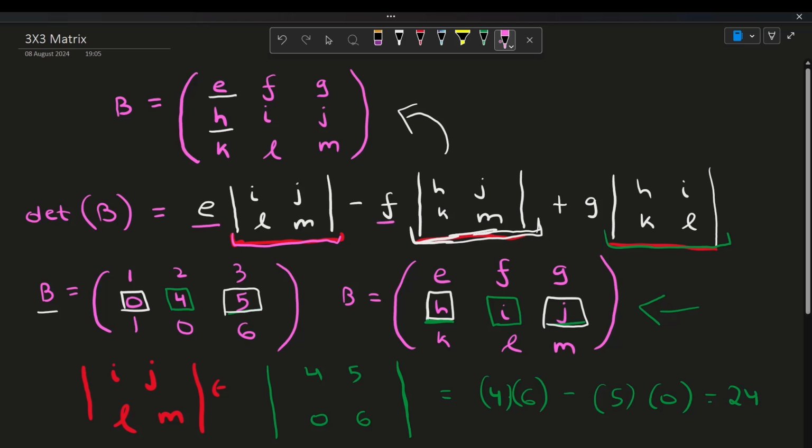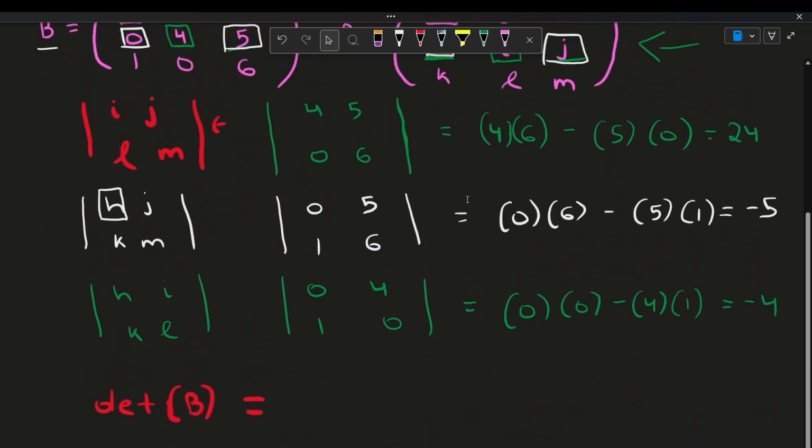So let's look at what e is. We can see right here that e is the first term. So e is 1. So we do 1 times the value of the determinant of i, j, l, and m. And that value is 24. So we'd get 1 times 24